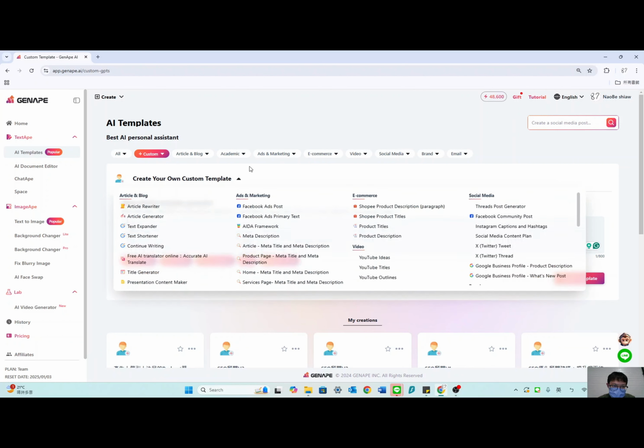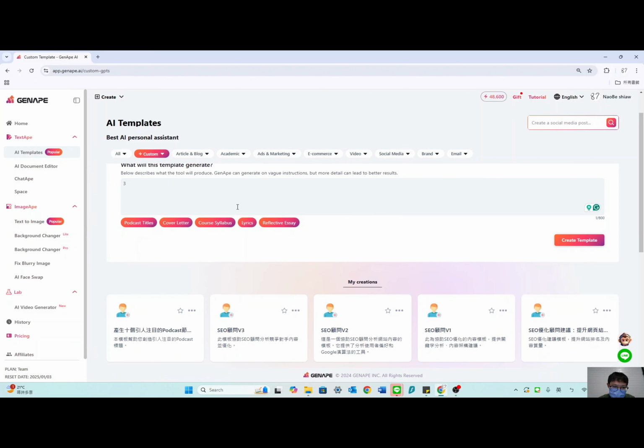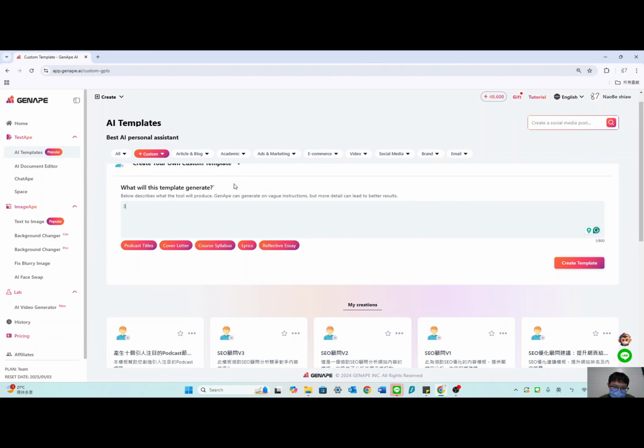Okay, so this is our custom template. You can create your own custom templates here. If you don't find the ideal one among our tools, you can create your own here. I suggest that you type more generic stuff here, like a comprehensive article. For example, I want to write reels, so I'll tell it to write maybe some reels here. Let's do some